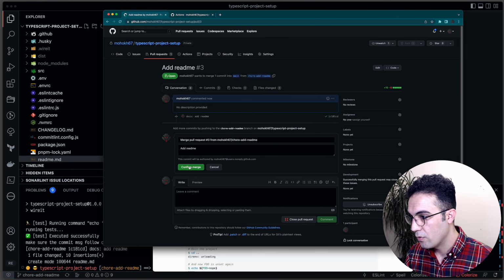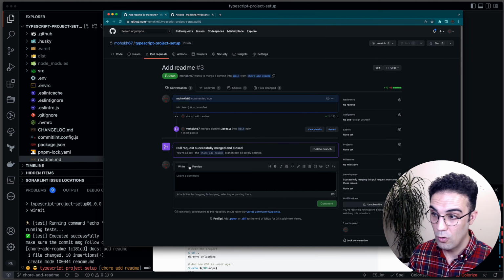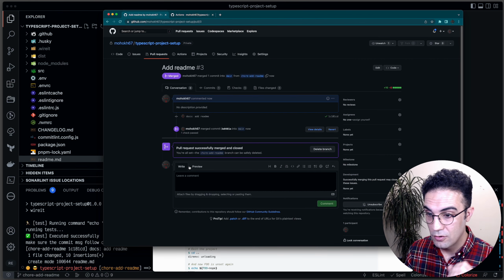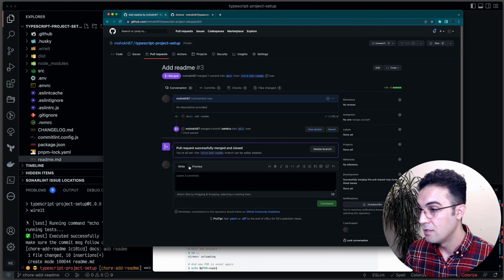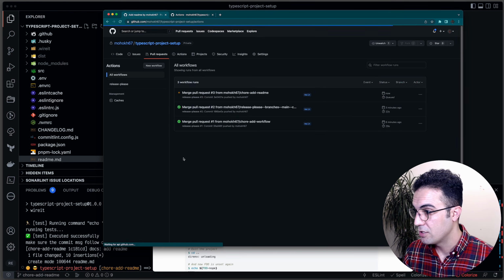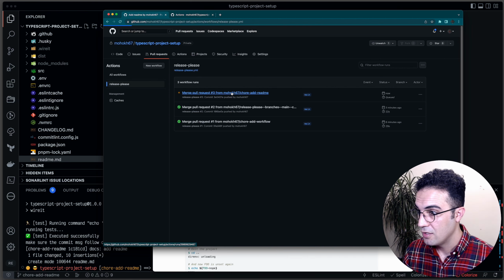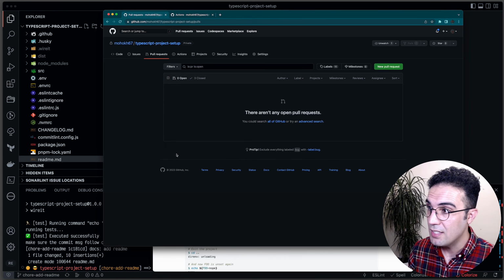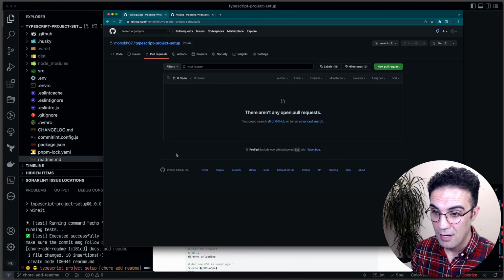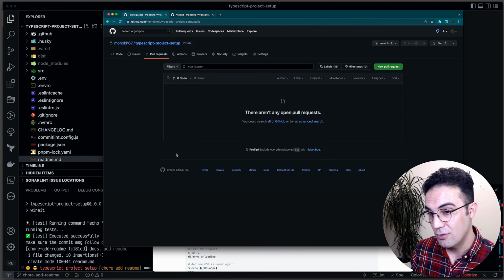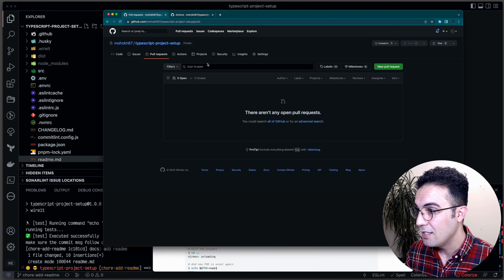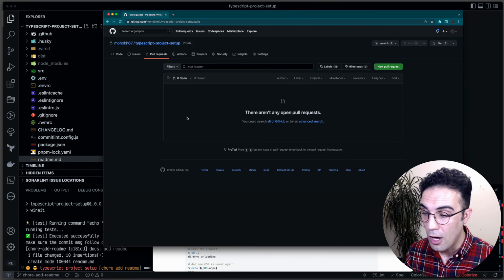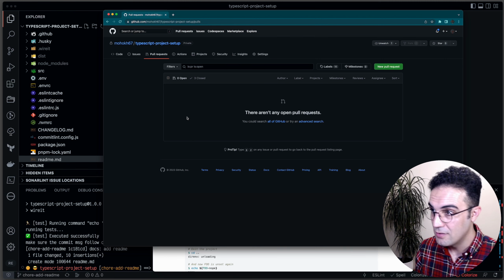Merge the pull request. And now we're also going to check again what is going to happen to the release please package again, or the action. So if we go to actions and look at the release please, it's running, good. And now if I go to pull request, here we can see that if the convention is about documentation or if it's about CI, it doesn't really care because the application hasn't changed. So there is really no release for it. So you can see there is nothing here. And if I reload again, there will be nothing here. So the type of the commit or the message that we put is very important. That's why